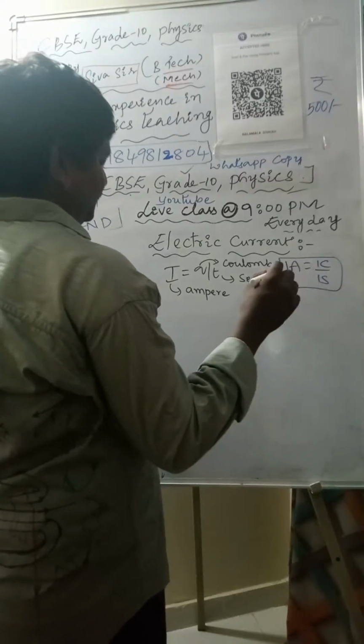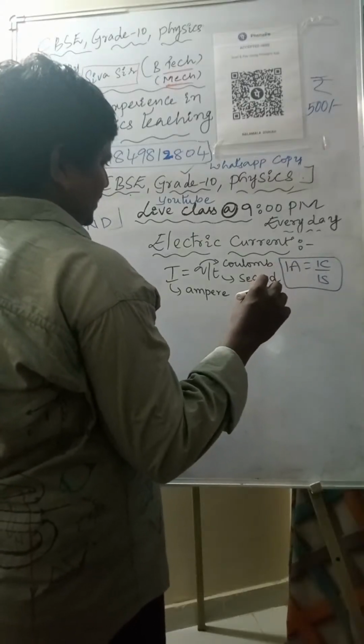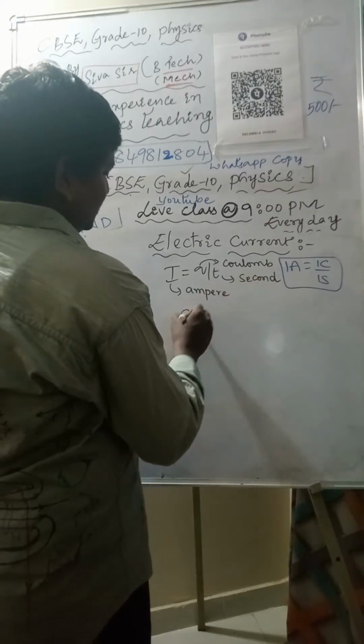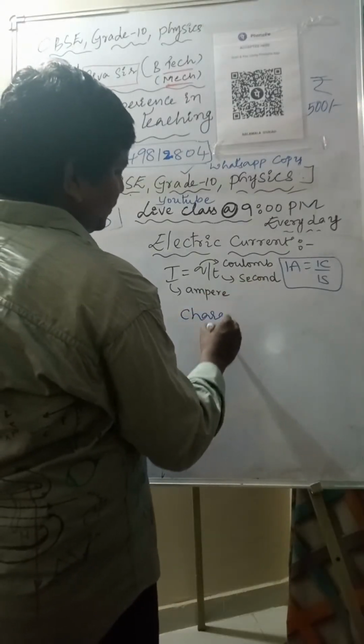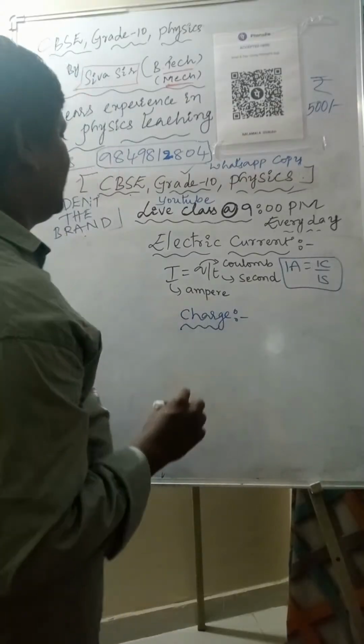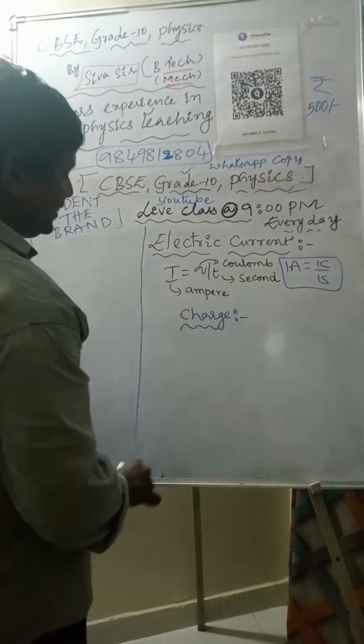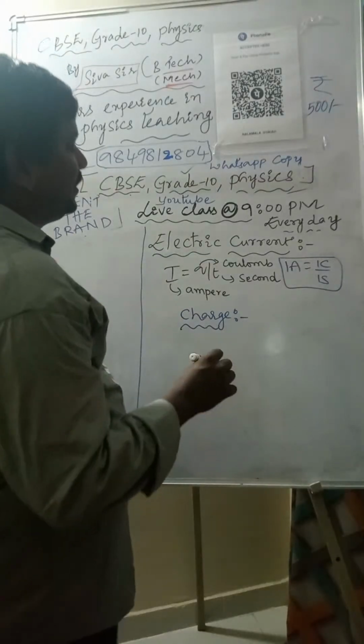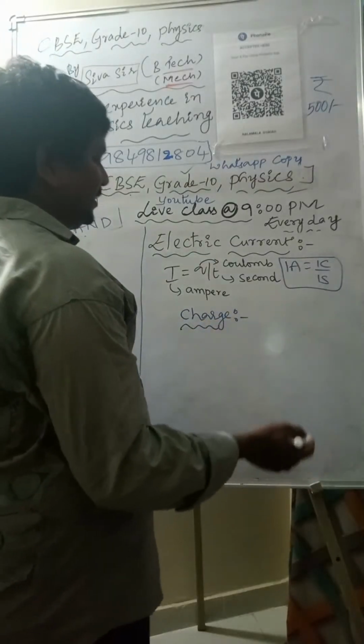Next we'll go for electric charge. Charge is very important. Charge is a property of matter which can influence the presence of other charges. So if you are considering the conductor,